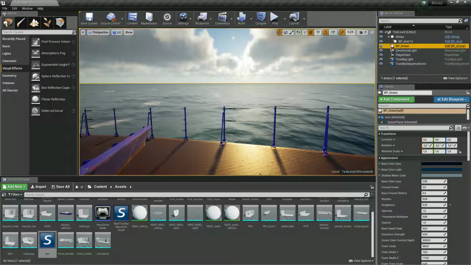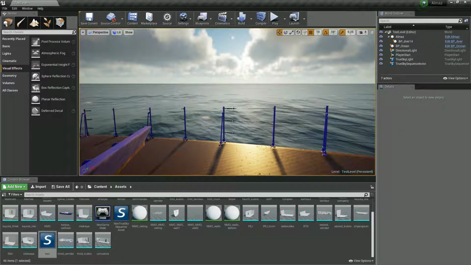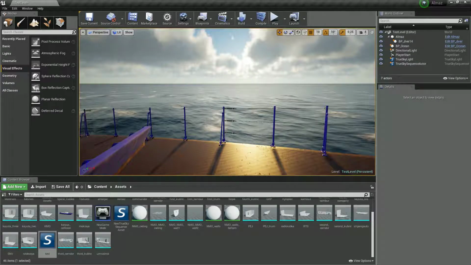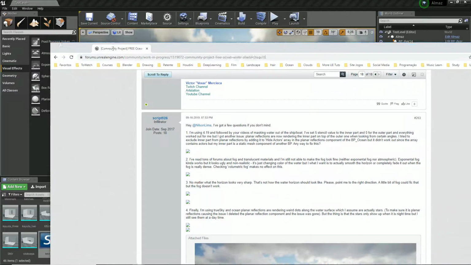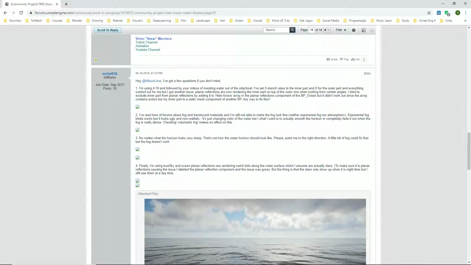Okay, well, first things first. Let's check the easiest issue for us to cover. Let me get back to the mail. So we got those issues with planar reflections plus